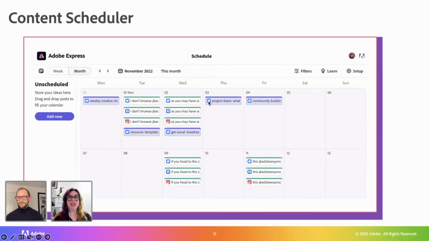So that if you just want to see a calendar laid out, the Content Scheduler calendar goes unlimited into the future. So if something's happening once a month for the whole rest of the year, you can put it in there. So if you're very motivated at the beginning of the year, like me, and then maybe forget all of your plans by July, you can put these draft posts in. So you're like, oh yeah, I was going to post a community spotlight every Friday and I don't have to think about what I'm doing anymore. So those are my two favorite things about Content Scheduler.